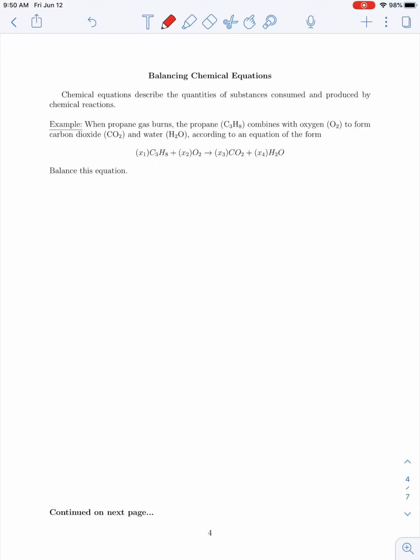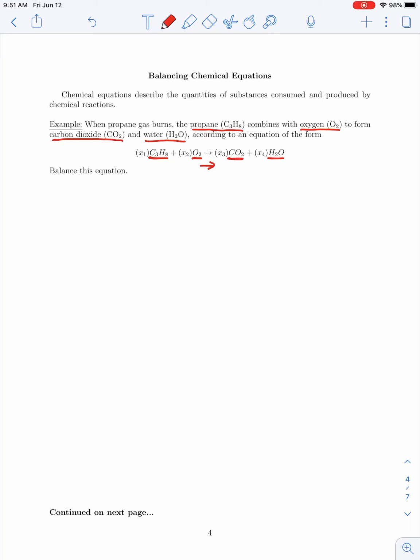Let's suppose that we have propane gas, which is burning. So we would have propane, C3H8, combining with oxygen, O2, in order to form carbon dioxide, CO2, and water, H2O, and this chemical reaction would be described by an equation of the following form. Here we have our two reactants, propane and oxygen, which are combining or reacting to produce carbon dioxide and